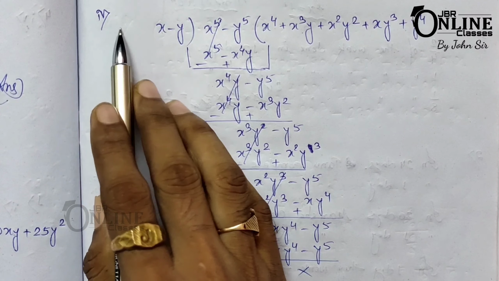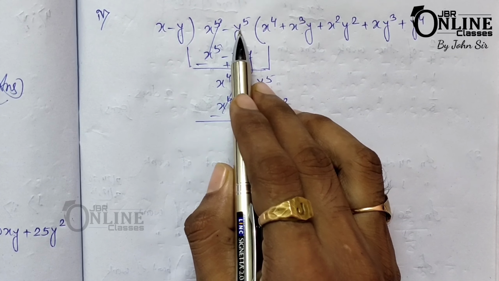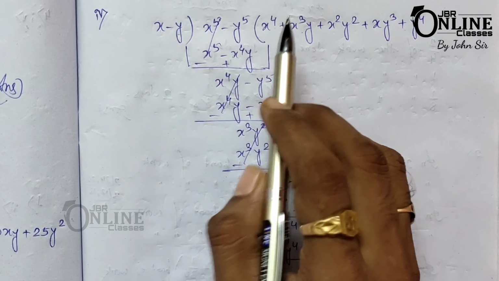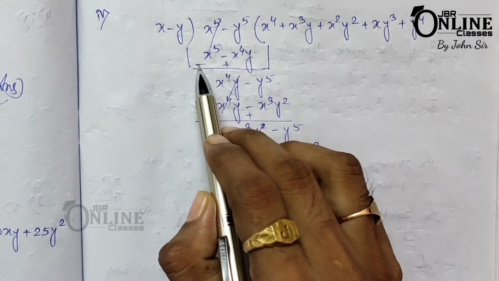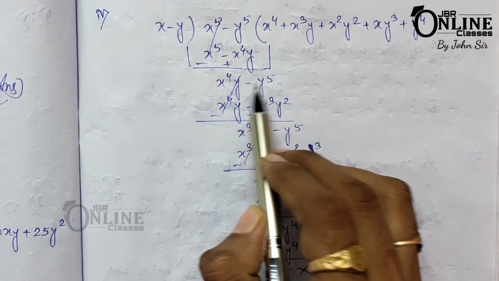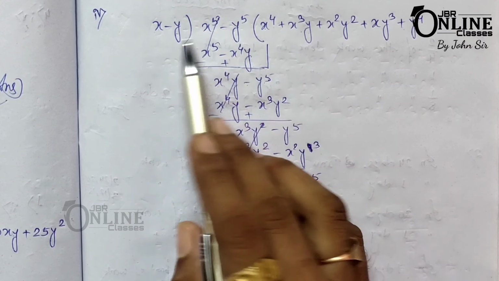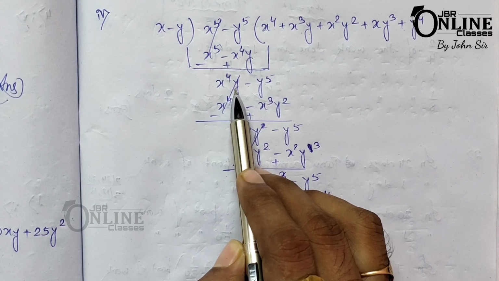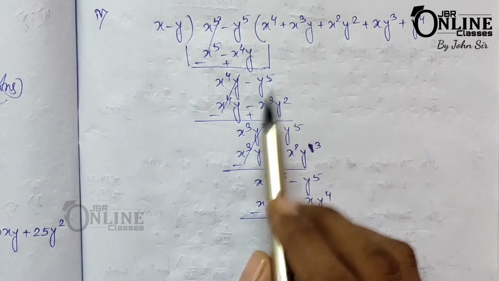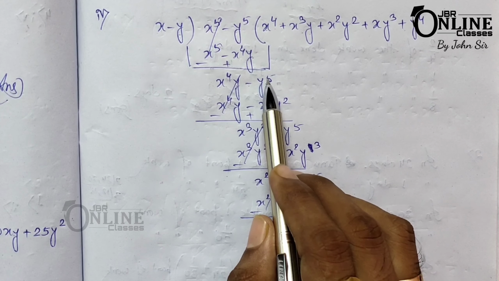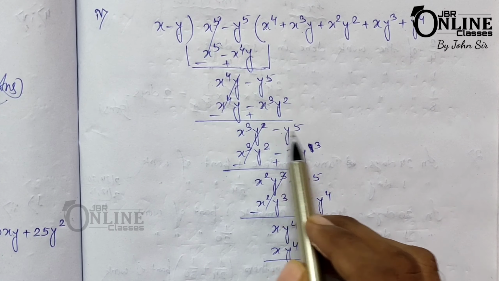Now sum number 4-4. x minus y, you have to divide x to the power 5 minus y to the power 5 by x minus y. Okay, so first x⁴ into x, x to the power 5, then x⁴y, minus, cancel out, write down x⁴y minus y⁵, the remaining terms. Then you have to multiply x³y with x to get x⁴y, minus, and then y into x³y, that becomes x³y², here minus y⁵. This will be cancelled out, so write down x³y², and the remaining terms minus y⁵.